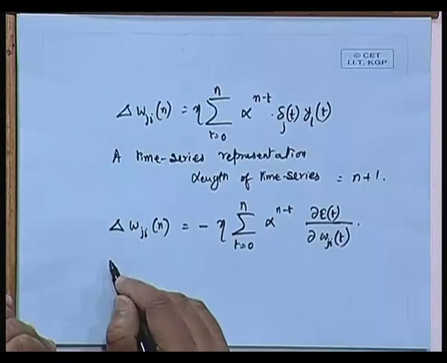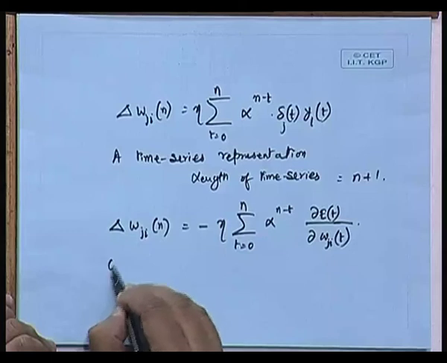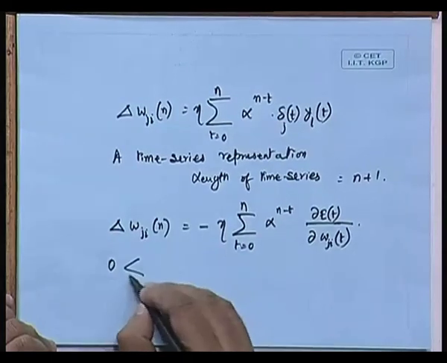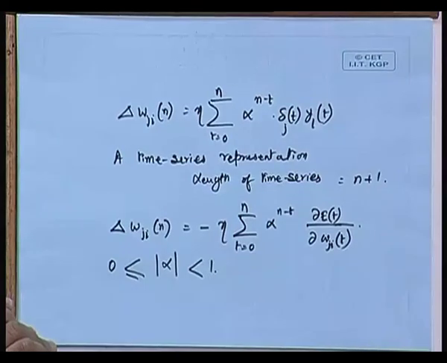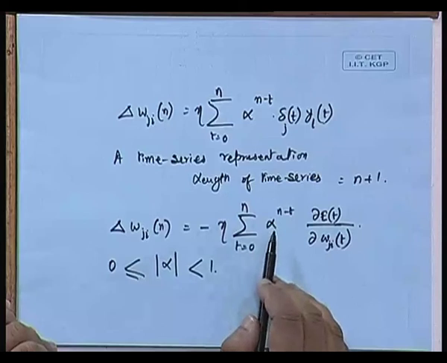One consideration for us is that the alpha we take should definitely be within 0 and 1, because you can make out from this series itself that if I put alpha greater than 1,